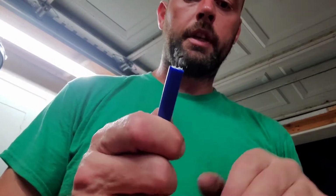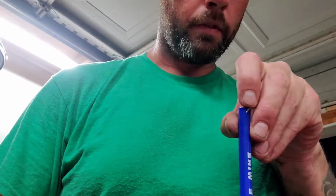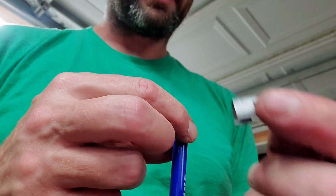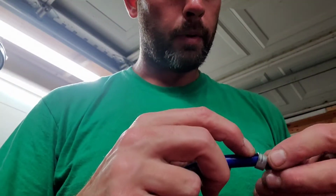Alright, so like I said, I like to try to make sure it's indexed the way I like it. So I just put my wire, fold it over. You know this side's going to be the top. That side, the flat side, or the top of this clip is going to be top. So put it that way, kind of hold it there with your finger, make sure it's nice and tight. You got a good little loop there. Slide it back till you get to that spot I was saying, and from there,